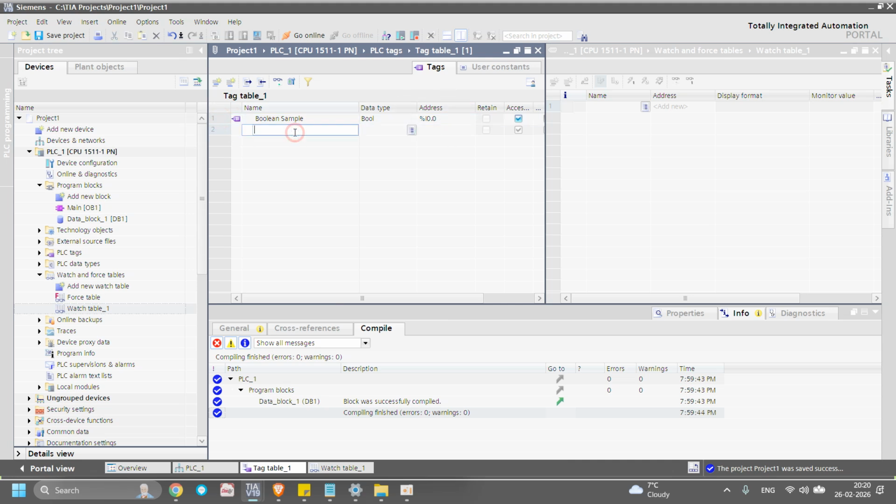If you want the output address, the boolean output is also a boolean but with Q. For example, I said the push button. The push button will be 1 and 0. If you want to glow some light, that would be an output, then Q0.1. That will be your output.